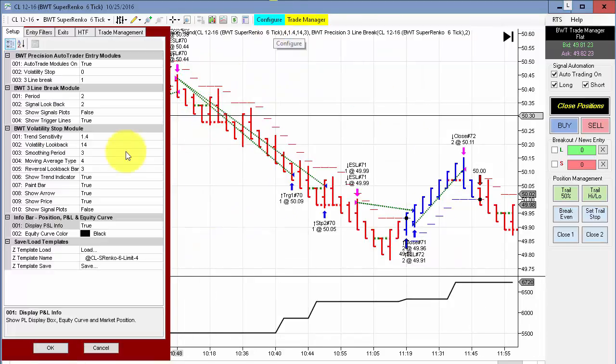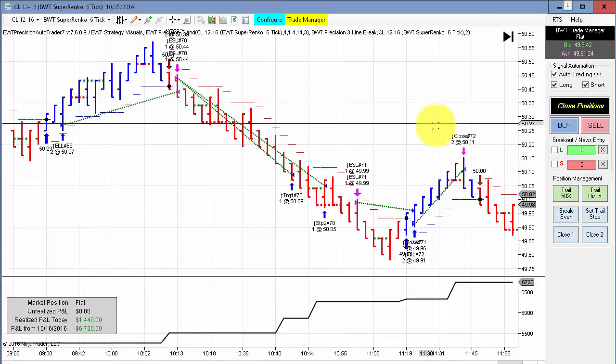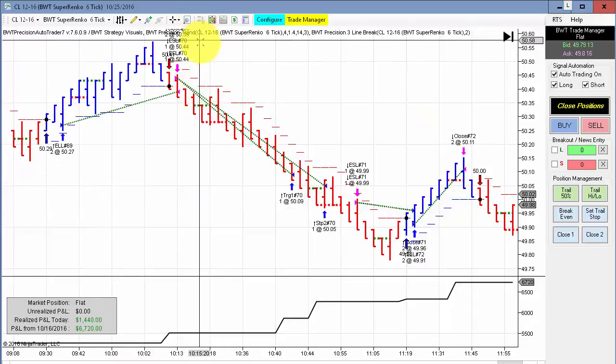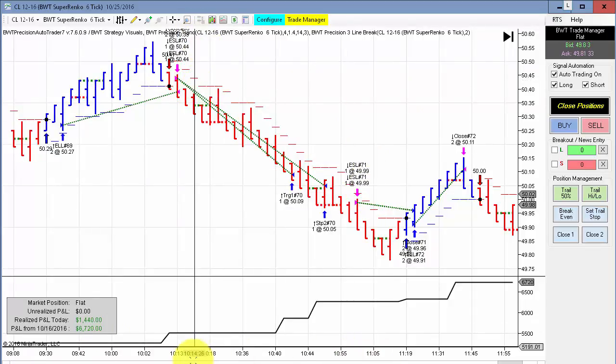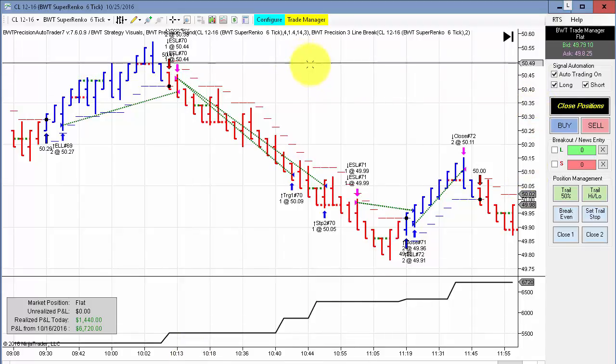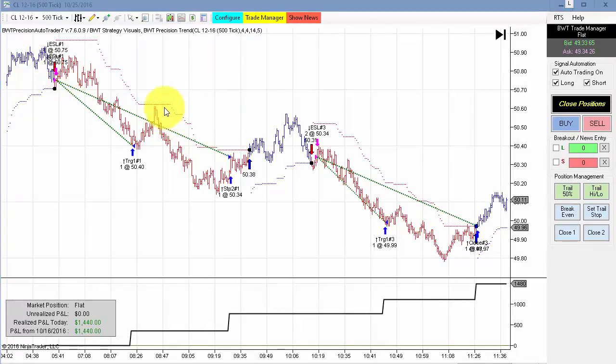Nobody shows parameters for their system. Nobody has this kind of user interface that we have. They don't show the trades. They don't label the trades. They don't show the time axis or the price axis. They often show in market replay. Even the tone and demeanor of some of the voices as they narrate the videos just isn't believable. So be very careful. Okay, next up is the crude oil on just a 500 tick chart, and really solid